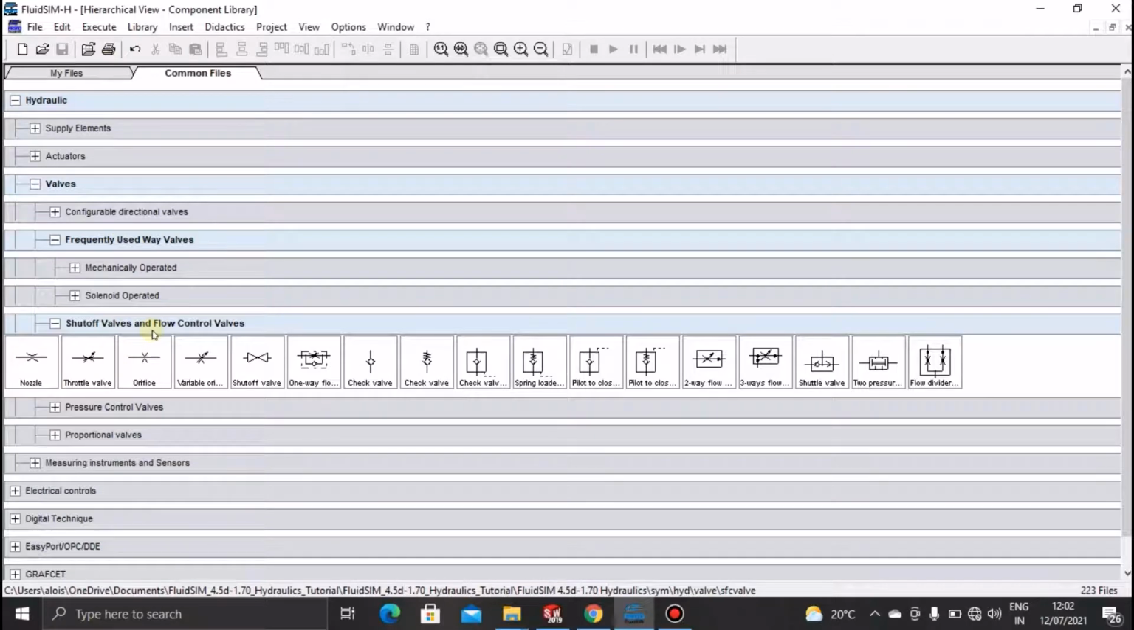So here are shut-off valves and flow control. Here we have to know that these symbols are used almost to control the pressure and the flow in the circuit, either your hydraulic circuit or pneumatic. Okay, and here we got the nozzle. The nozzle is just the way, once you connect maybe a pipe on a valve, the pipe is the nozzle, and the throttle valve. So there you can vary